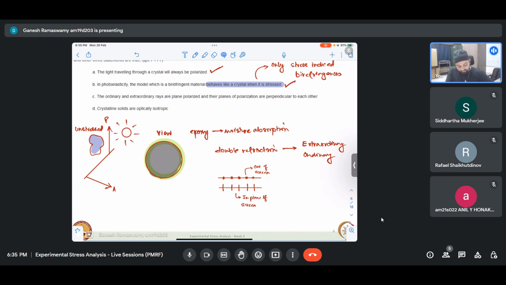So the ordinary and extraordinary rays are plane polarized, and their planes of polarization are perpendicular to each other. Yeah, so